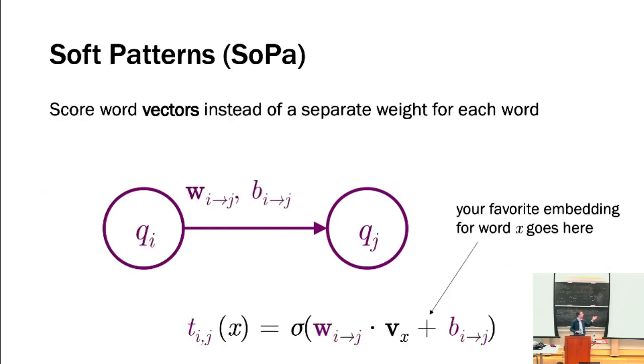Well, we associate with each arc a weight and a bias term. When we want to score a particular word, say X, we look up its vector, take an affine transformation of that word using the weights and bias, and take a sigmoid. Now our transition weight for that word on this arc is given by this tiny one-layer neural network. That's the only thing I'm going to change. Everything else stays the same. I still have a transition function